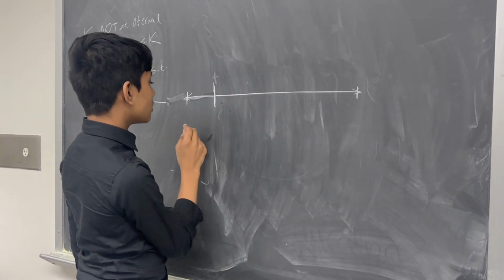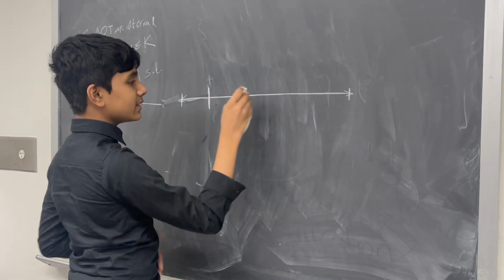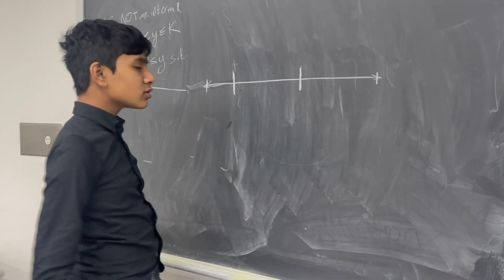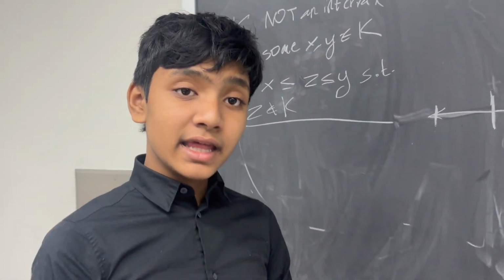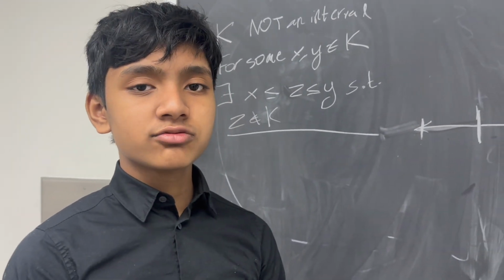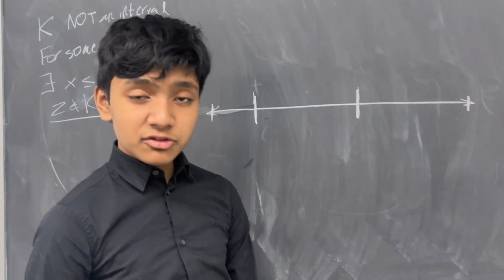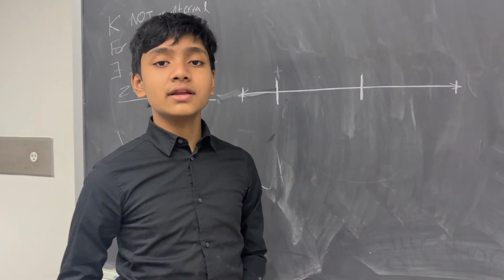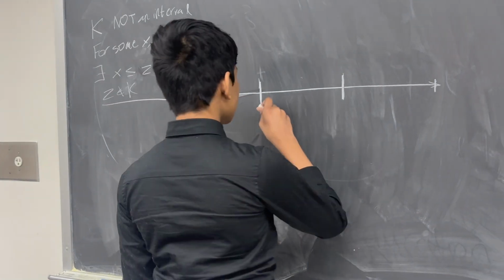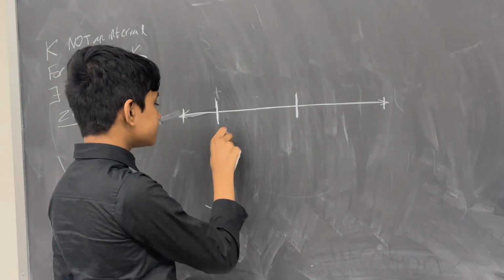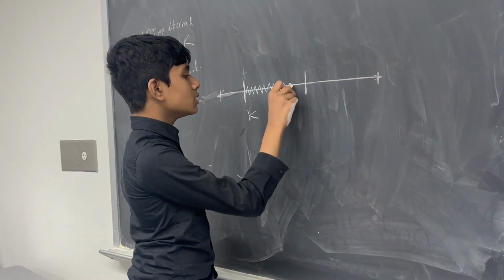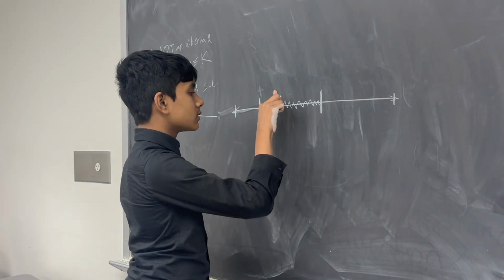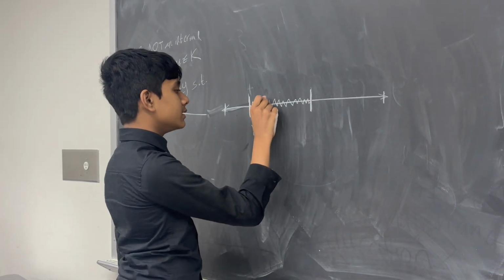Yeah. So let's say K is just an interval with some amount of points removed. Because at the end of the day, everything is an interval, or an infinite interval technically, with some amount of points removed. It can be a finite amount of points, as in here, or an infinite amount of points. So at the minimum, let's say K is a regular interval but with 1 point removed. So let's say that point is right here.